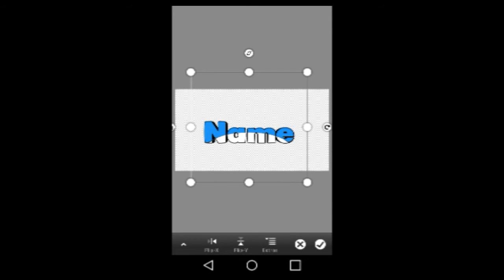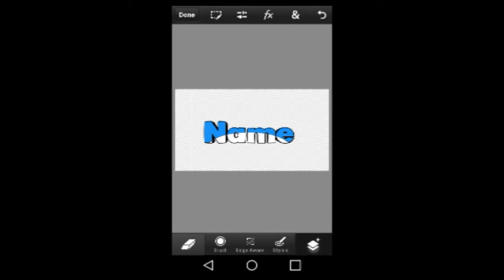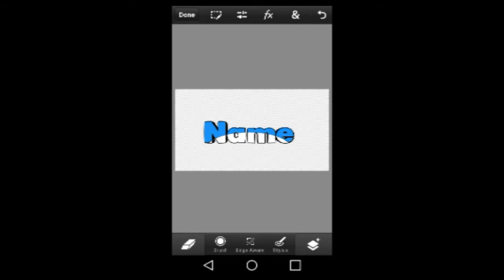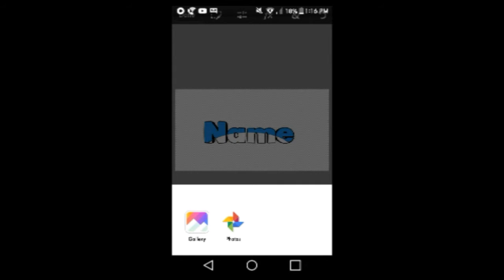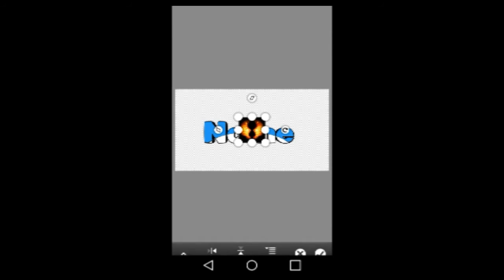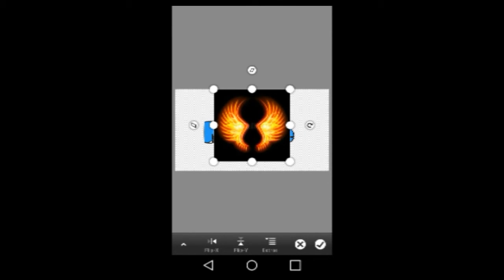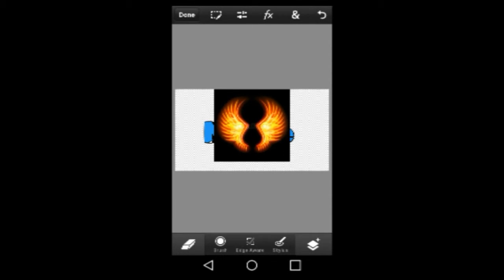It doesn't matter. I'm gonna do this big for just a. Then you're gonna want to grab another photo layer and then go to photo library again. Go to do another photo layer, and select an image. So I'm gonna select this image. Now, obviously, this one isn't transparent, so I'll teach you how to make it transparent. You're obviously going to want to press check on it. You're going to want to press,